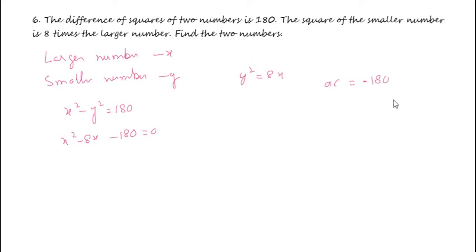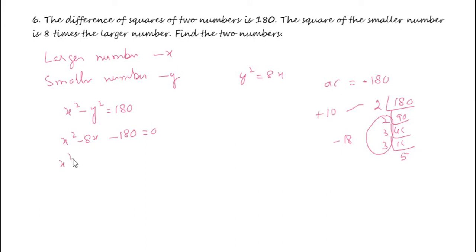First let us find out the prime factors of 180. 180 divided by 2, 90 divided by 2, 45 divided by 3, 15 divided by 3, 5. Let us combine these three prime factors, 3, 3, 2. This will become 18. If you combine 2 and 5, that will become 10. So larger number needs to be negative. So minus 18 and plus 10. If you multiply, minus 180.